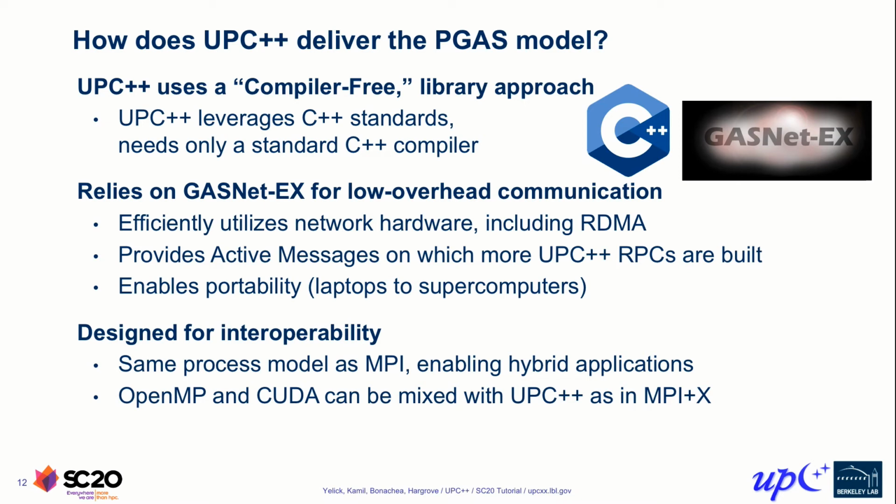I mentioned earlier one of the applications that is looking at deep subsurface modeling. That's an entirely C++ MPI application that calls libraries like ScaLAPACK and things like that. But one irregular piece of it was constructing this big distributed sparse matrix with irregular communication. And that piece of it was then written in an earlier version of UPC++. UPC++ also allows you to mix in OpenMP and CUDA, just as you can do in an MPI plus X model.